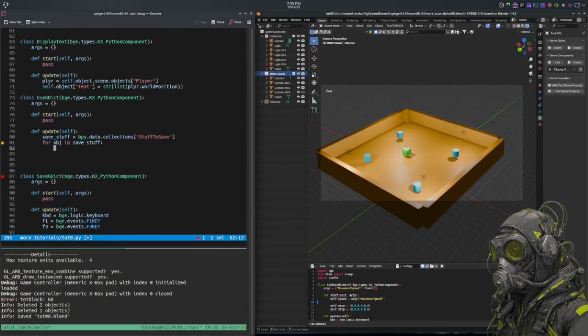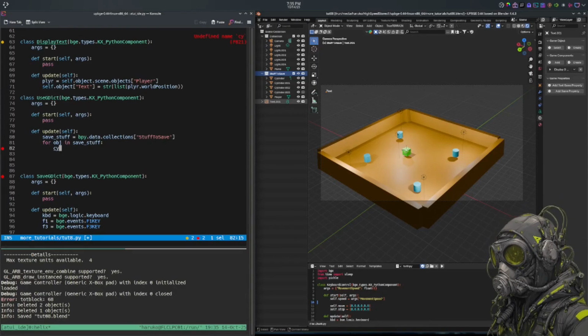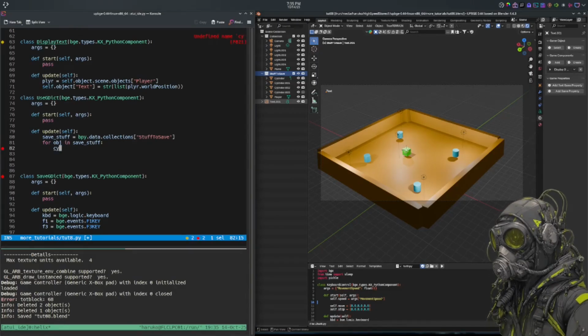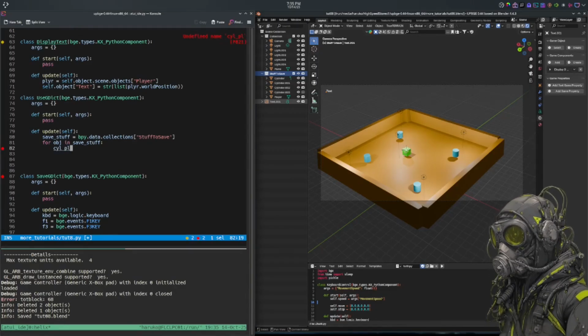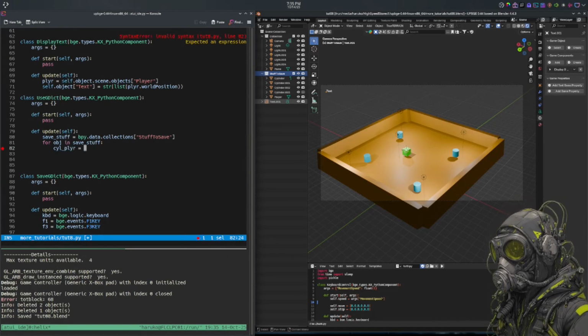Then we need to set a variable for an object. So we'll call this sil_player, just so we know what we're saving, is equal to